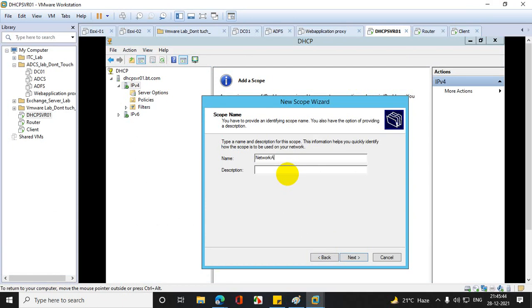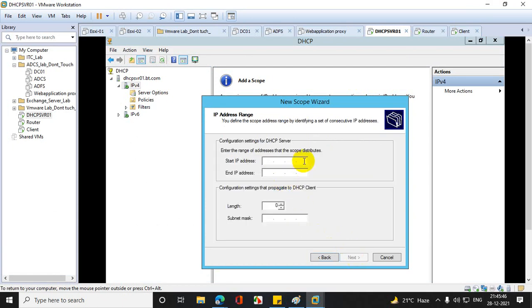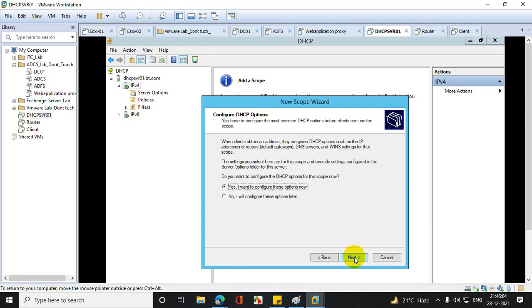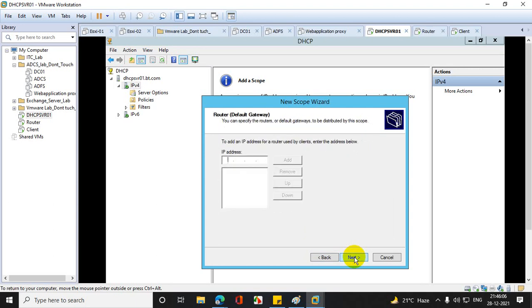Network A. Clear? And the scope starts from 10.10.10.11 and ends with 10.10.10.21. A 10-computer scope I'm creating. Okay, so I'm not adding any exclusions. Just click next. Next, here there is a router IP address.